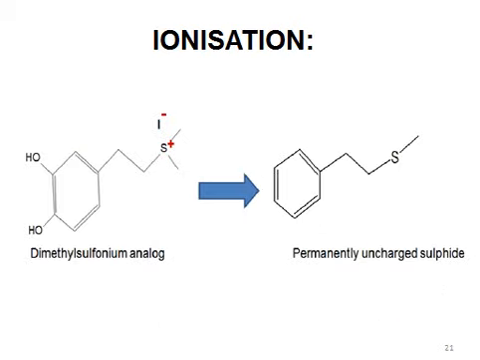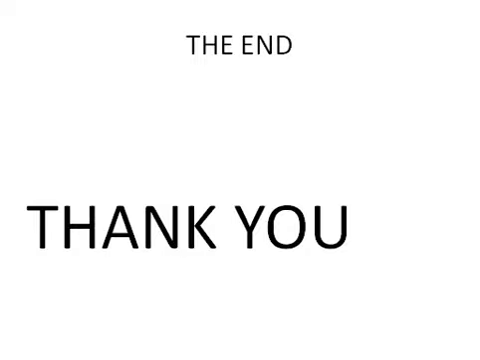Next we have change in ionization. So we have a dimethyl sulfonium analog. So this is the ionized state of the drug. So it has some biological activity, but if we convert this charged analog into a permanently uncharged sulfide, in that case the biological activity is enhanced, right? So this is the analog approach in structure-activity relationship. I hope you have understood this lecture well. So thanks for